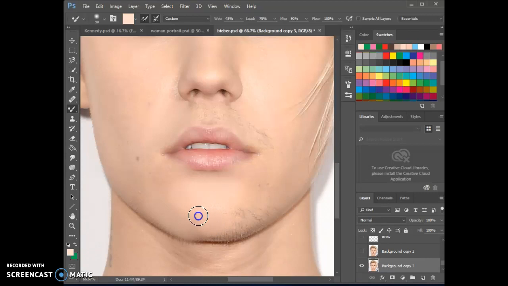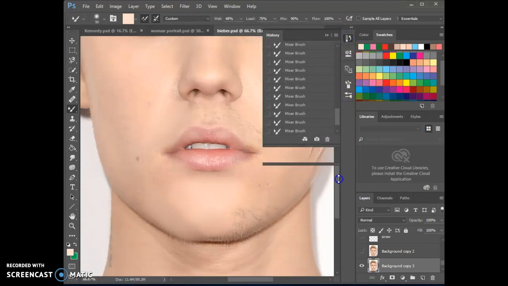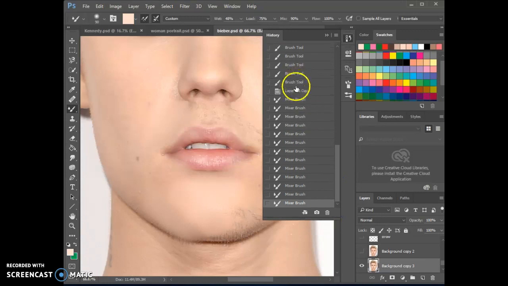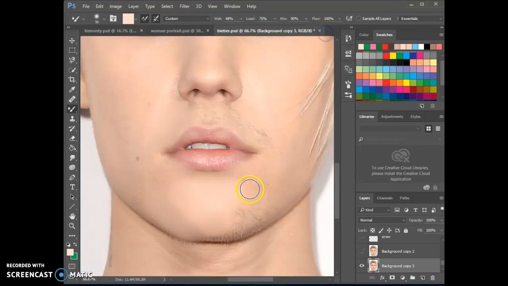Making sure that I'm just, again, let's look and see how many clicks this has been so far. So since I undid that little stuff I did here, those are the clicks I did for this little area. So don't try to cover an area in one click. But you see it's just a series of clicks and little scrubs. If I get this brush a little bit smaller, I can be a little bit more effective right along the